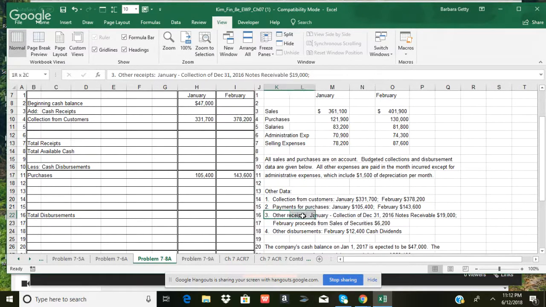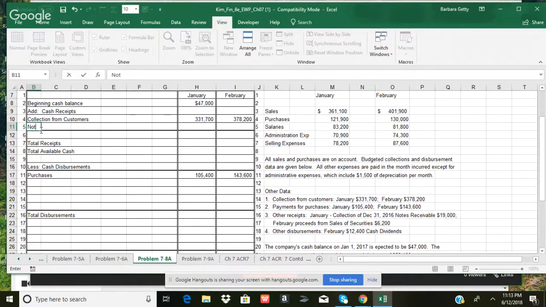The next one, it says other receipts. January collection on December 31st is notes receivable for $19,000. So we'll go up here and put notes receivable. Come over to January because it told us their collection was 19,000. Now it tells us down further if we have no other note receivable, because it doesn't